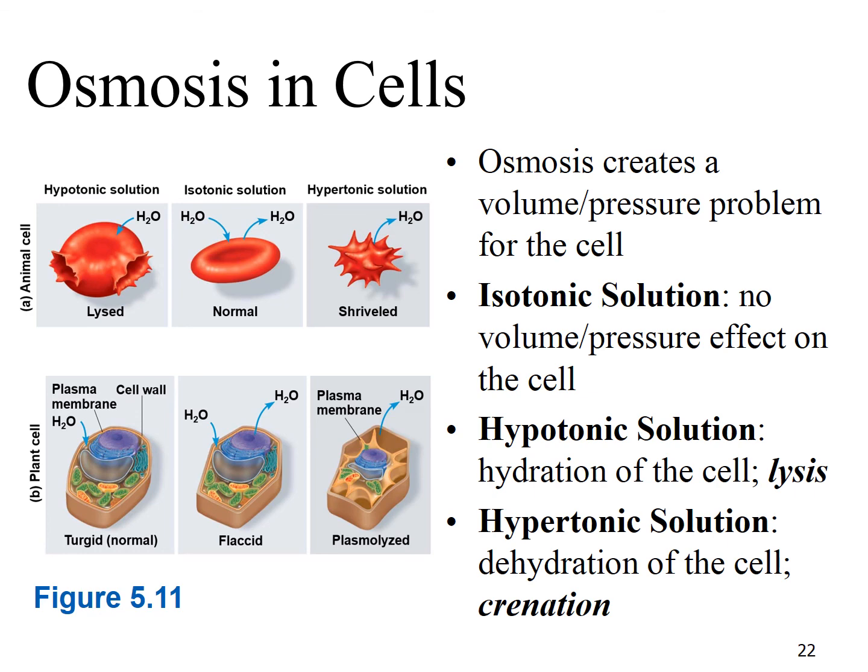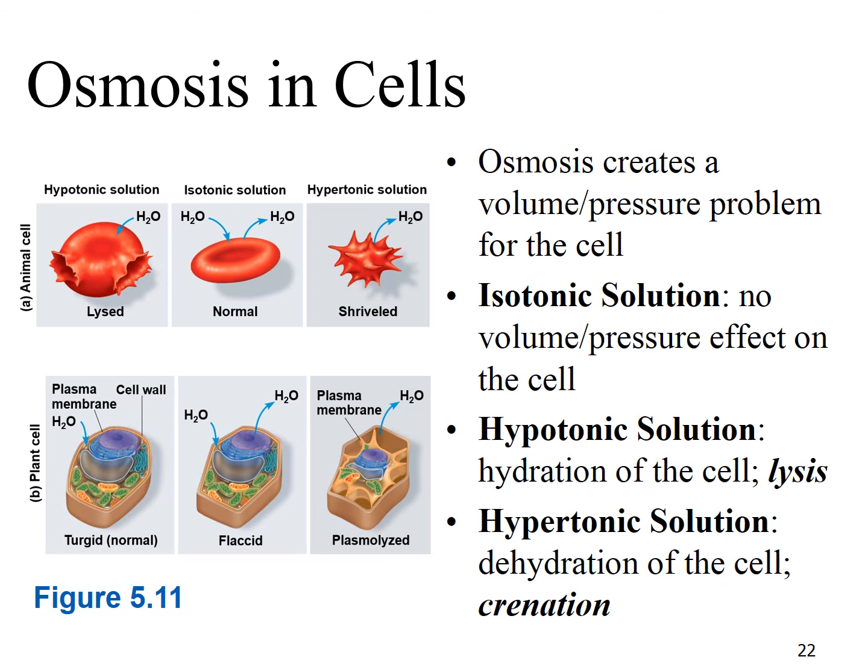If we reverse that scenario and we suspend a cell in a hypertonic solution, most of you have heard hyper. Hyper means high or above, like a hyperactive kid has a lot of energy. Now you remember that the prefix hyper is referring to the concentration of the solute in the extracellular fluid. And so if you have more solute, that means that you have less solvent. And so if you have less solvent, that means less water outside of the